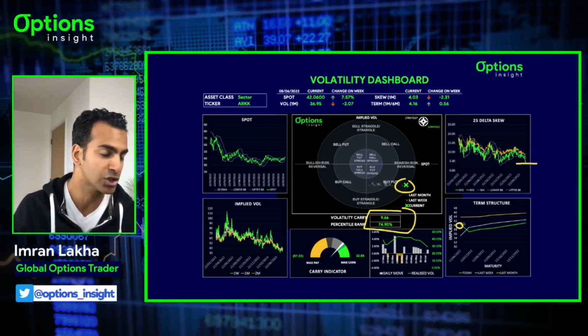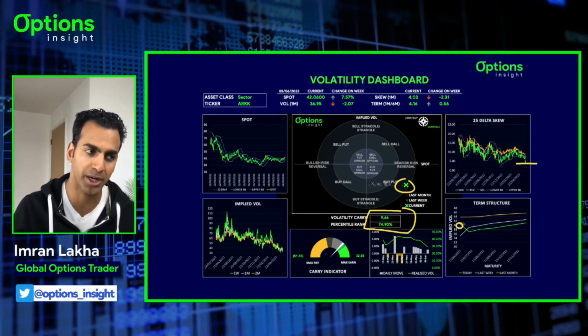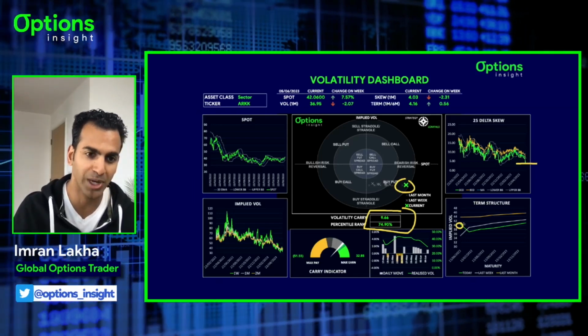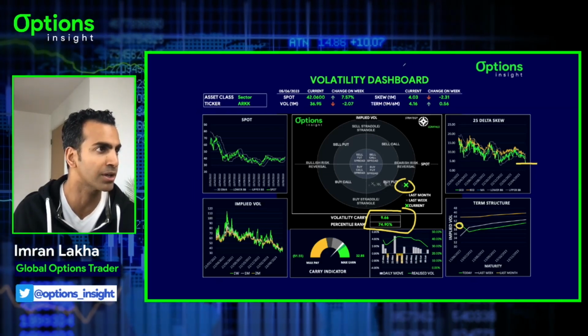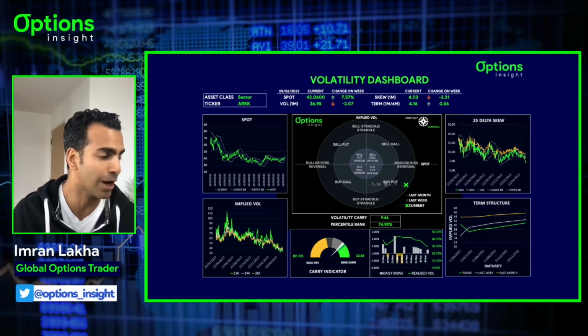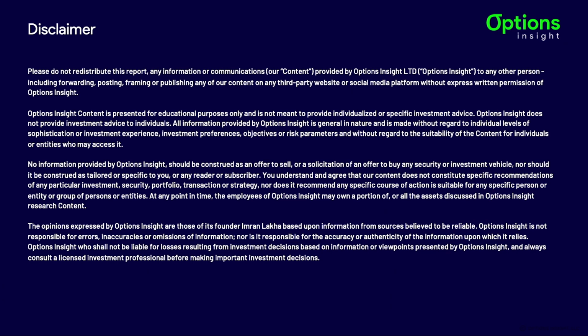So rather than just buying outright puts in ARK that expire next Friday, paying 40 plus vol, paying the theta between now and next Tuesday's catalyst, we actually like the idea of using a short dated calendar spread and actually selling this Friday's option slightly out of the money put to fund the puts for next week. All right, cool. Ask me as many questions as you want if this one's a bit complicated, but we're trying to simplify these quite complex concepts on a daily basis,